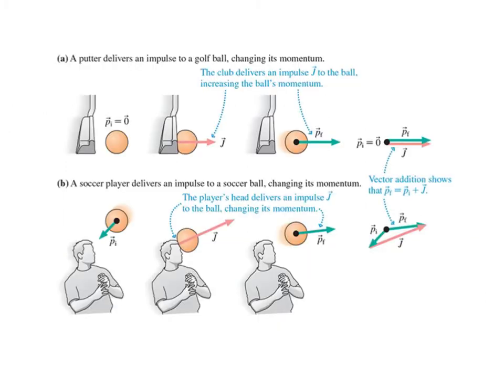Remember that momentum and impulse are vectors, so it can be as simple as something pushing along one direction and everything's nice and easy to compute, or it could be more complicated. For instance, a soccer player getting hit by a soccer ball and hitting it not along its path of flight but at some angle. By imparting some impulse via, well, ouch, the head, the ball goes off with some other momentum, and it's got to be that they form this sort of triangle that Pi plus J equals Pf, because as highlighted here, this is the same as saying delta P